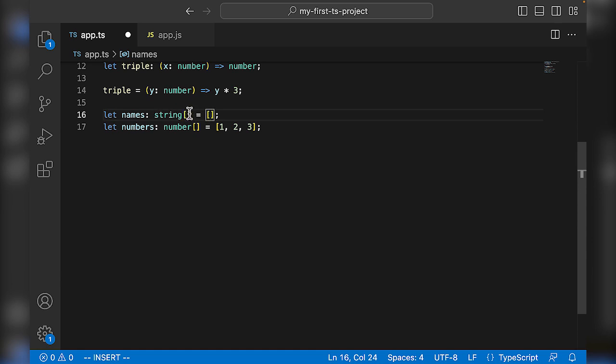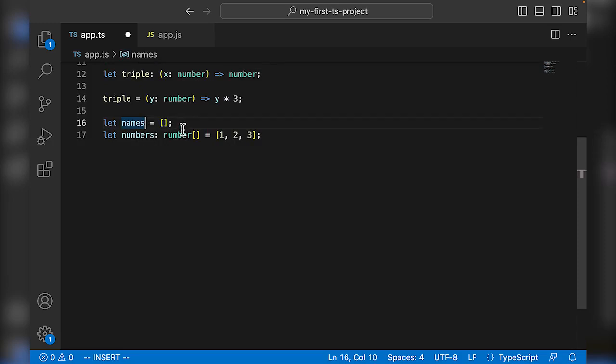However, if we were to just take this type declaration off, well, TypeScript doesn't now know what type that array is going to contain. So if you hover over names, what you're going to see actually is this weird never type. All right, now the never type in TypeScript, its main purpose is really just to show developers when they've done something wrong and forgotten to specify an important type. And in our case here, since TypeScript is going to have no idea what type of data this array will contain,